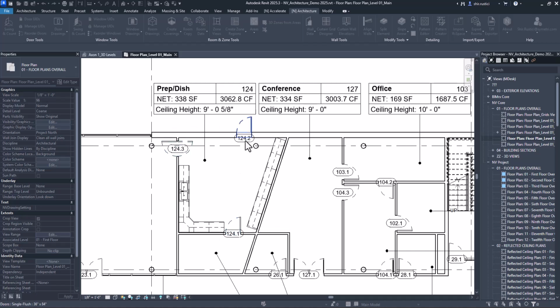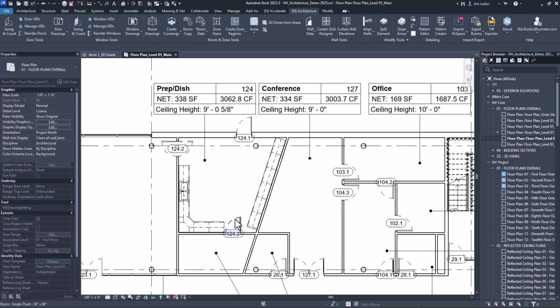I can select the first door and maybe begin with the exterior door. Then I can pick the next door in the sequence, so we're going to go counterclockwise. And you'll notice once I pick the first door, I won't be able to pick doors in other rooms. So we'll pick this for the next one and this for the third one. It automatically knows how many doors are in a room and will stop the command once you've picked all your doors. So you can see now that I have changed the order,